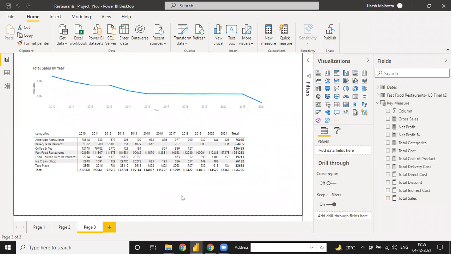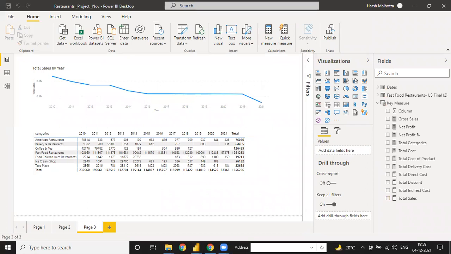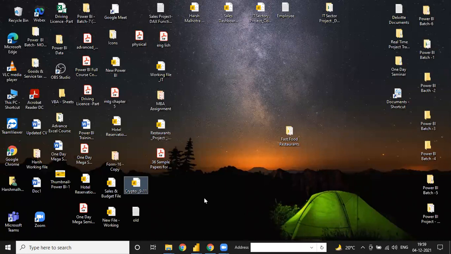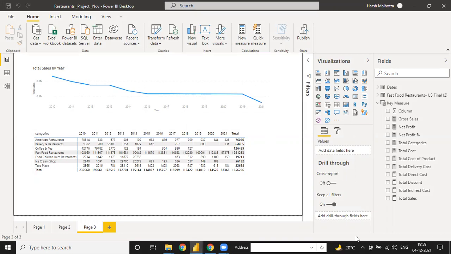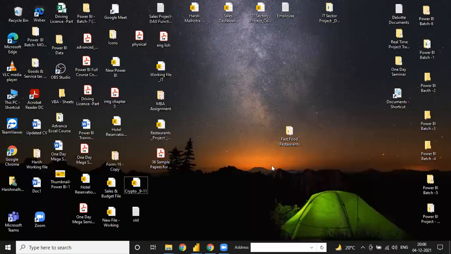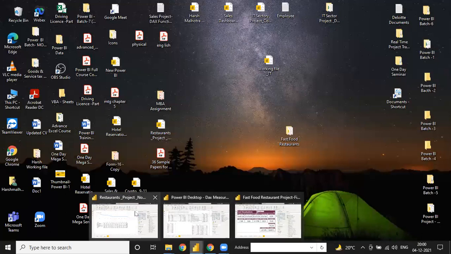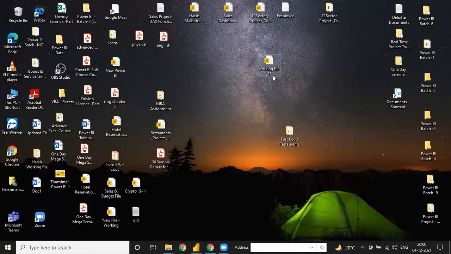See, your first query is, let me see, you are asking how to import, how to open that file, right? First you got that error. For Power BI, how to open that file? Suppose this file, I am opening it. Right now, this file is not open. But if you want to open this file, what do you do?